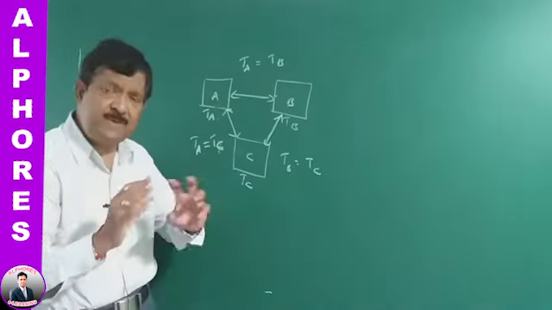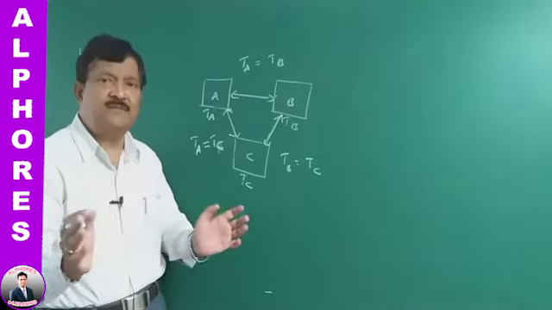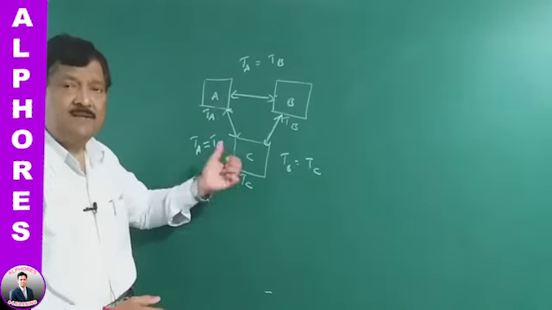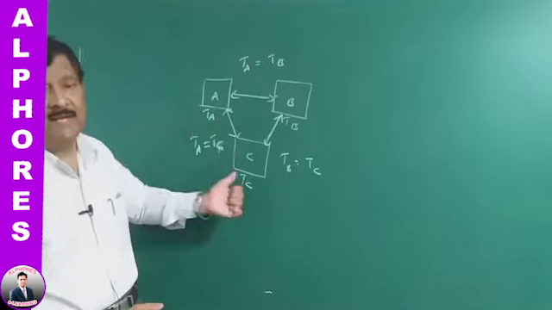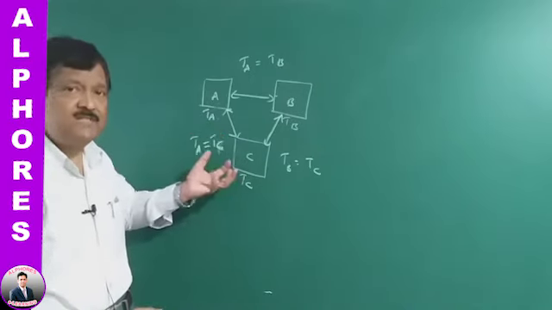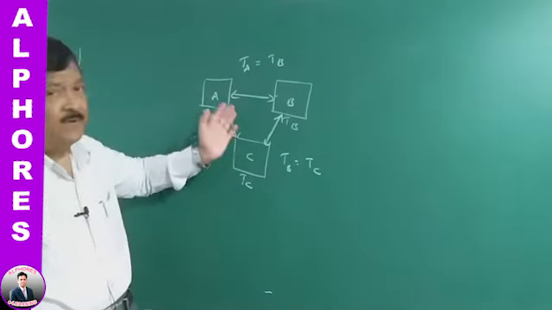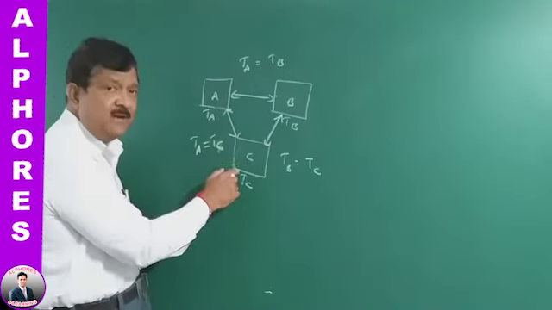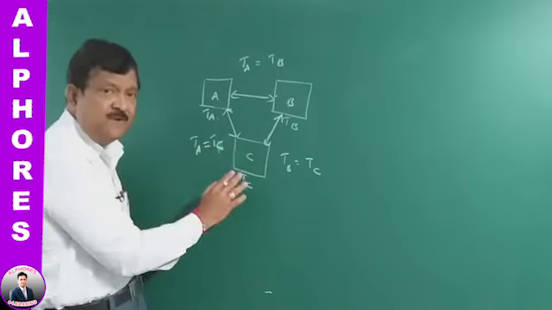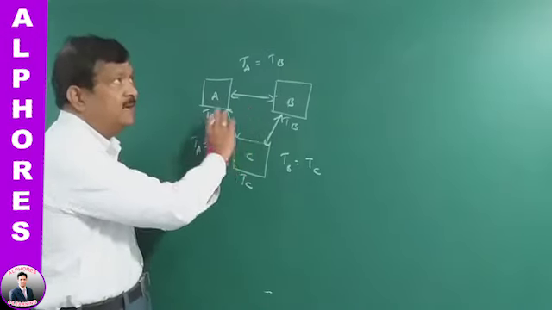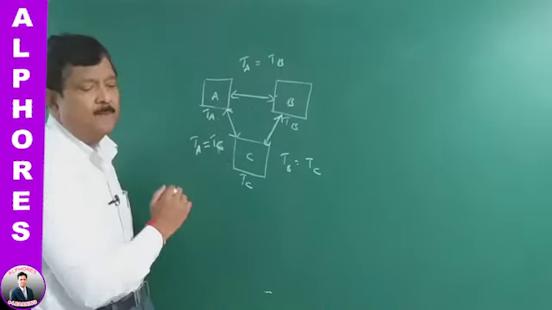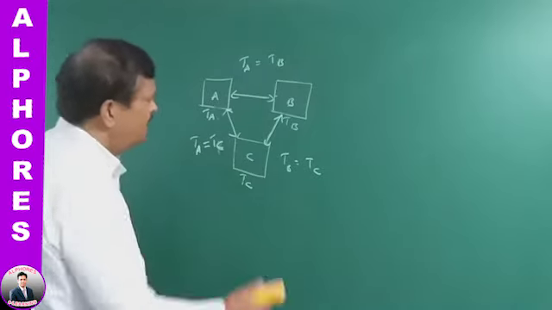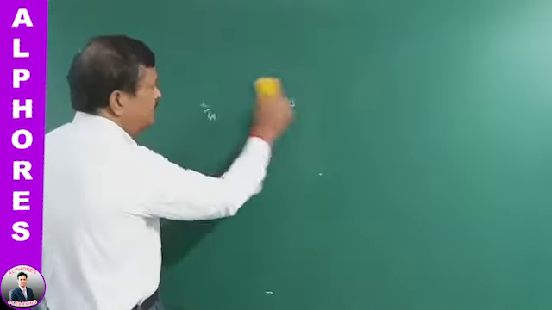Once the temperatures become equal, there will be no transfer of energy between them, and they reach the state of thermal equilibrium. So from the state of thermal equilibrium, we can understand that when two bodies are at the same temperature, there will be no transfer of energy between them, and then we can say that the two bodies are in thermal equilibrium. Now, after knowing the state of thermal equilibrium,